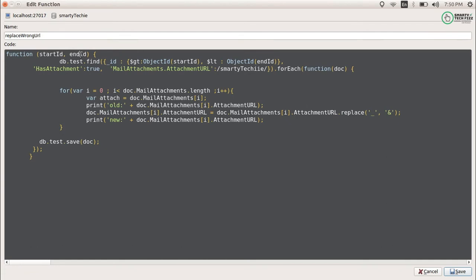You can easily create a small main function that converts a date into an object ID. So I was converting the date into an object ID, passing the start ID, that is the start date, and the end ID, that is the end date. I converted them into the object ID format.